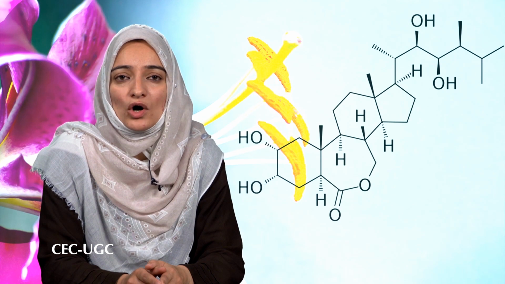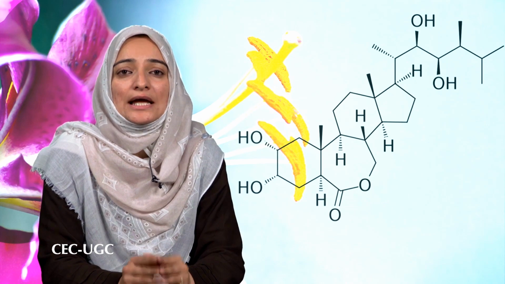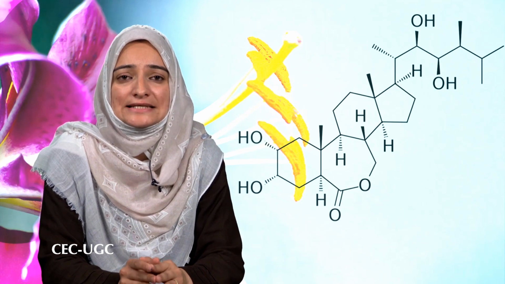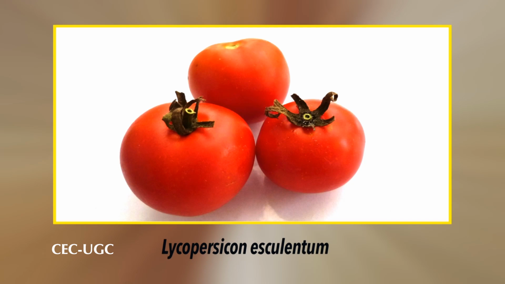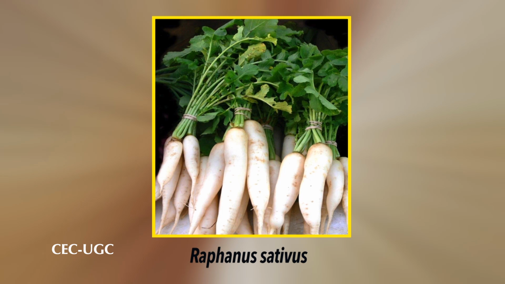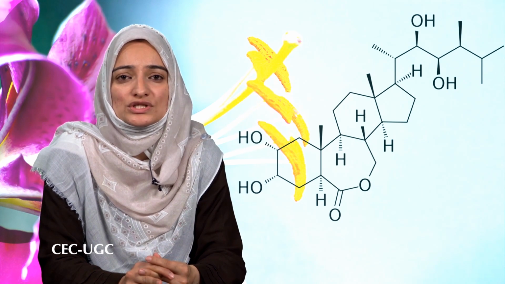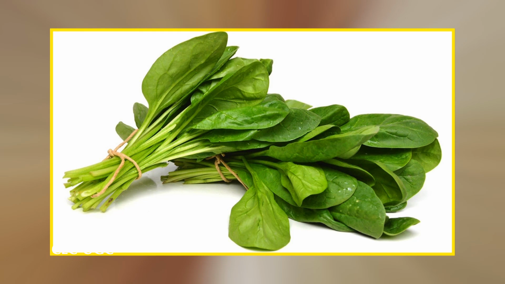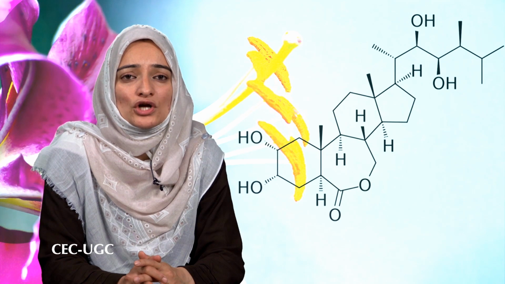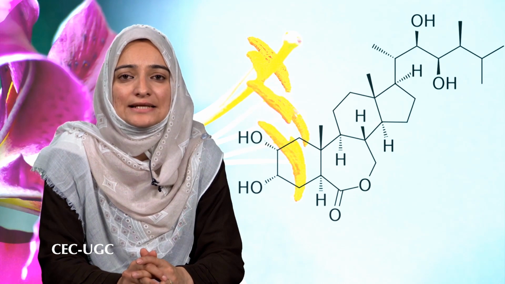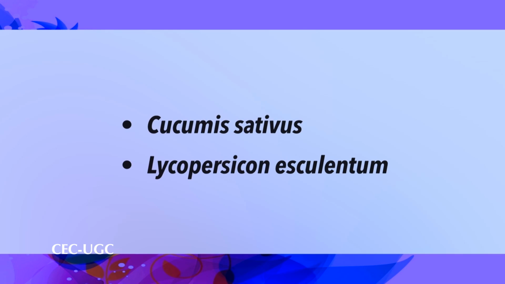Next is effect of brassinosteroids on photosynthesis. The aqueous solution of 28-homobrassinolide applied to the foliage of wheat and mustard or applied as seed soaking treatment to mung bean, Lycopersicon esculentum, Raphanus sativus, and dialkyl amino ethyl alkanoate epibrassinolide in association with GA3 to spinach enhanced the photosynthetic rate. Application of 24-epibrassinolide and 28-homobrassinolide through root was also reported to increase the net photosynthetic rate in Cucumis sativus and in Lycopersicon esculentum.